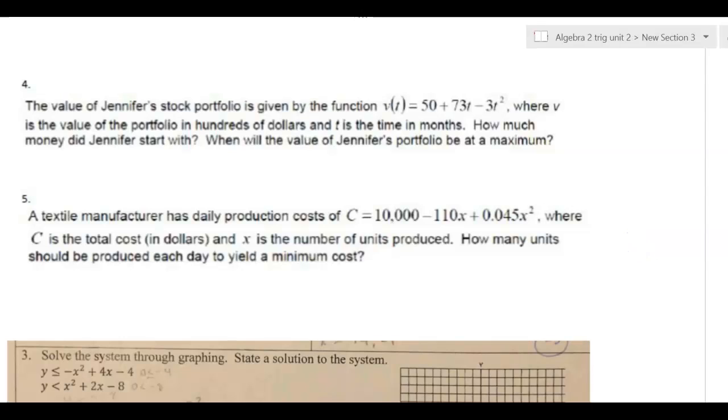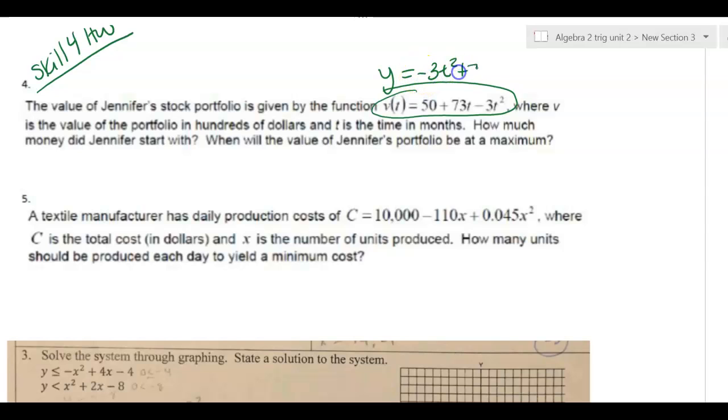So these 2 problems are from Skill 4 homework, so you can go back and look at these. And in these problems, they gave you the equation. You didn't have to get the equation using regression and data, but it's the same type of idea. If you did have to use regression and data, you'd build this equation. And so basically here, if I reorder this a little bit, this is like y equals negative 3t squared plus 73t plus 50. And this says the value of Jennifer's stock portfolio is given by this function, and V